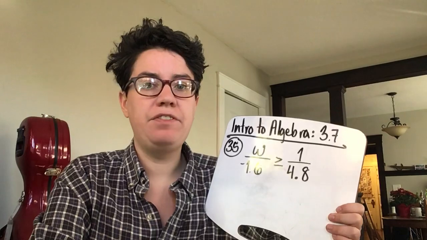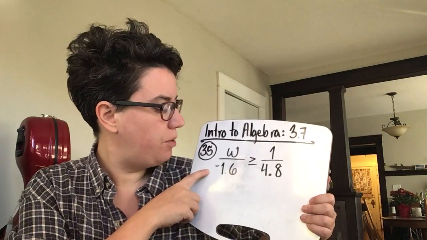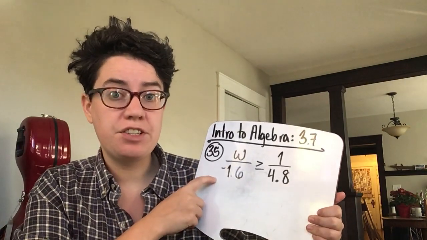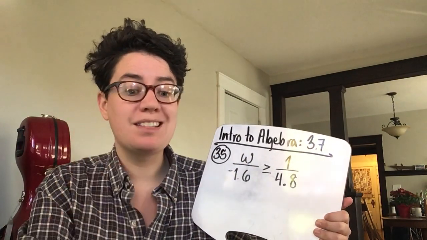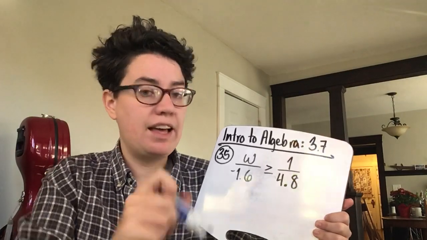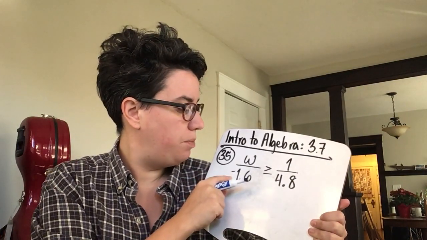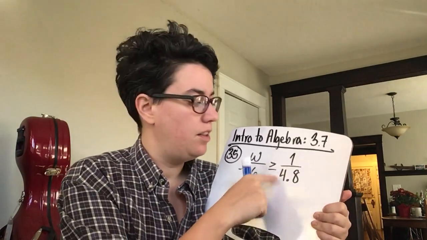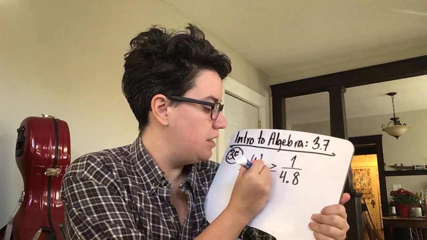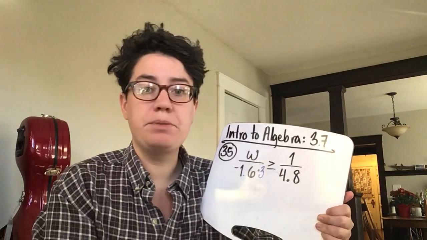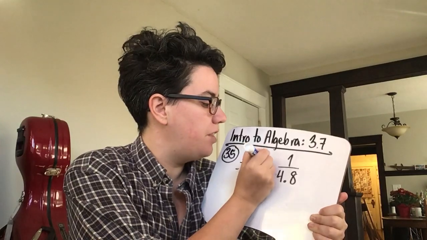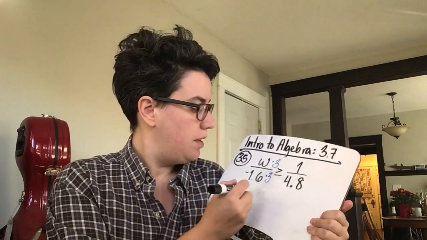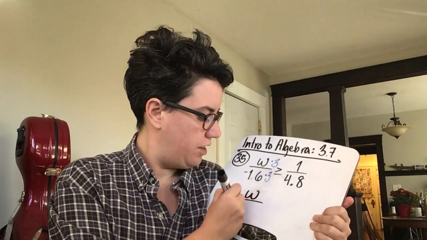So 35, we have w over negative 1.6 is greater than or equal to 1 over 4.8. Now there's a lot of ways to do this, but I'm going to be sneaky about it. I know that negative 1.6 multiplied by 3 gives 4.8, so I'm going to use the common denominator strategy and multiply both of those by 3, and then I get w over negative